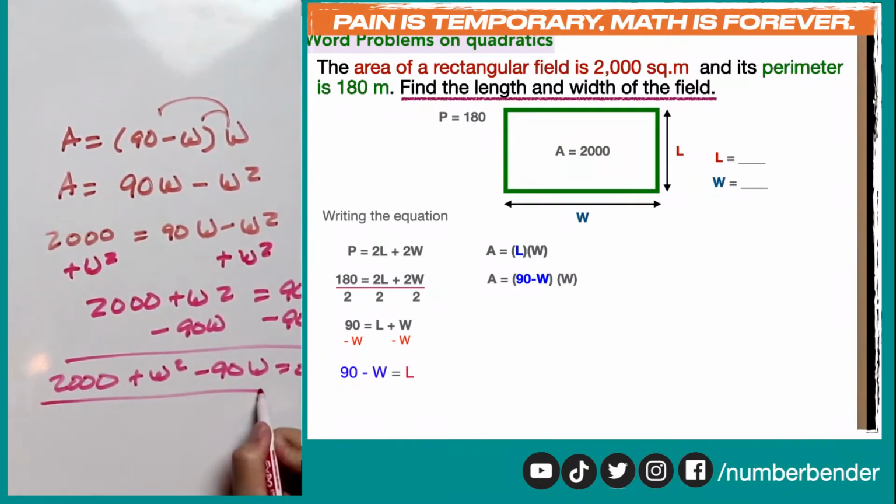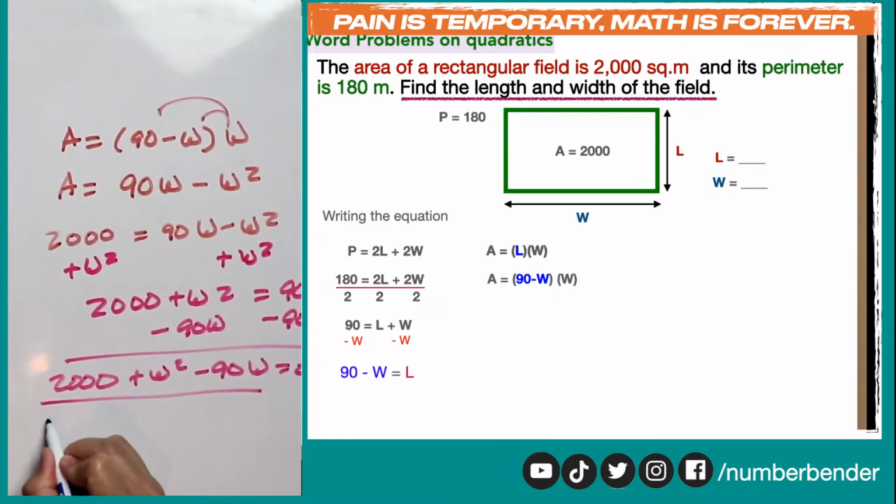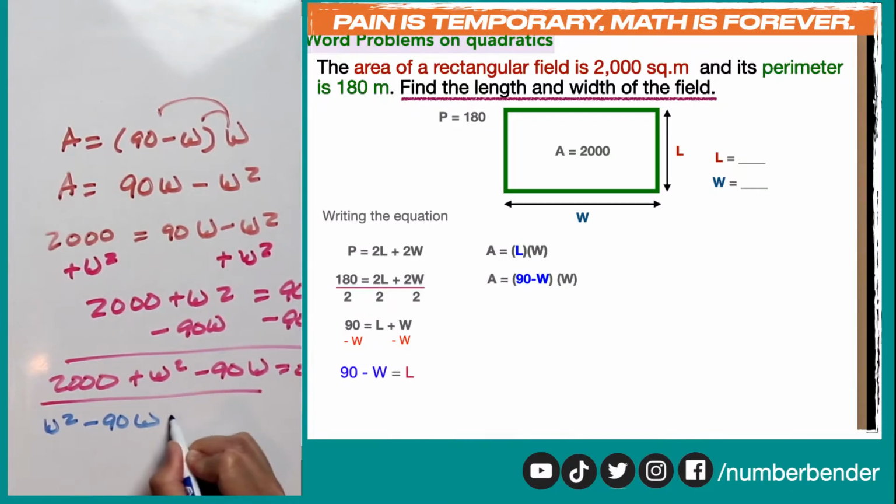So now my quadratic equation is equal to 0, but I'm still going to manipulate this so that my equation will be in standard form. So I will clean this up, and now my final quadratic equation will be W squared minus 90W plus 2,000